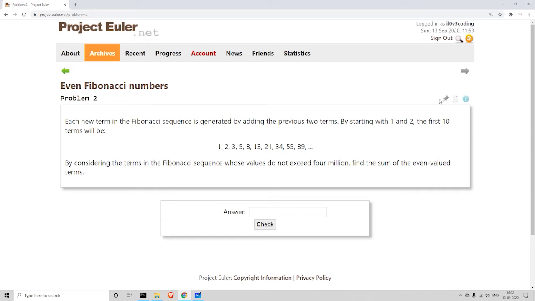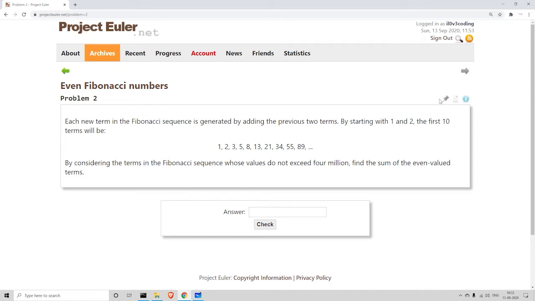I'm pretty sure everyone knows what a Fibonacci number is, but I'll still explain what a Fibonacci series is. You add the previous two terms to get the given term. If you want the third term, you add the second and the first term. Let's say the series starts with 1 and 2. The first number is 1 and the second number is 2, so automatically the third number would be 3, which is 1 plus 2. Then the next number would be 2 plus 3, which is 5, and so on. The first 10 numbers are 1, 2, 3, 5, 8 and so on till 89.